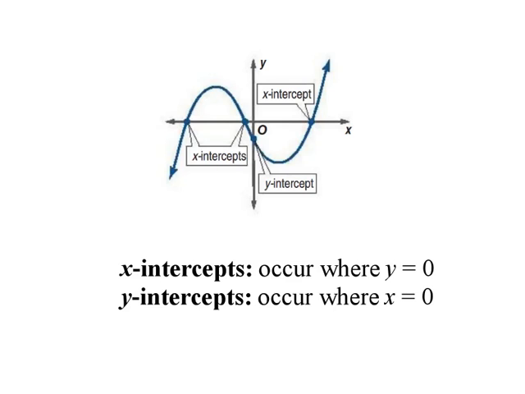X-intercepts occur where y equals 0. Y-intercepts occur where x equals 0. So if you look, I have 3 x-intercepts, boom, boom, boom, and I have 1 y-intercept here. So x-intercepts occur where y equals 0, and y-intercepts occur where x equals 0. So what we're going to do is look at graphs and find out what the